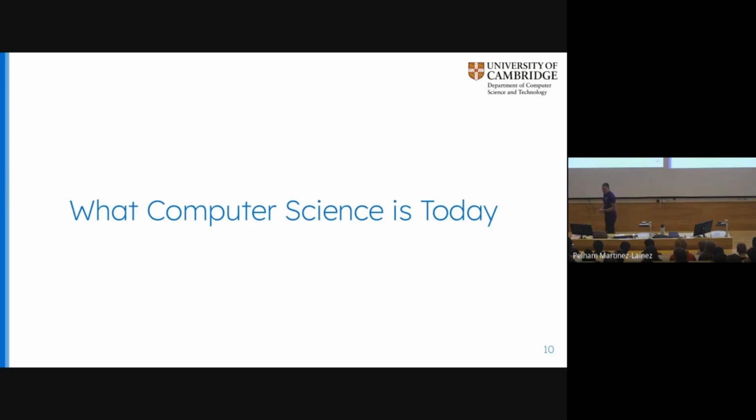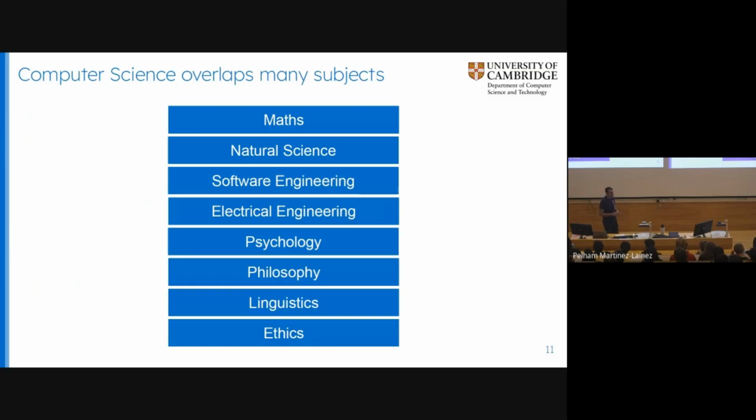Okay, let's talk a little bit about computer science as a subject and what it is today, because I think, and probably, if I'm honest, this whole section is a bit more aimed at the parents, because we've also got to convince them that it's the right thing for you to do. So what actually is computer science? It's surprising how many people do not understand what computer science is. You will, I get that, but a vast number of people in the world don't really fully understand, and even you probably don't, or probably wouldn't have produced the slide that I've now got up on the screen, because you wouldn't have put things like psychology necessarily and philosophy in there. But these are all parts of modern day computer science.